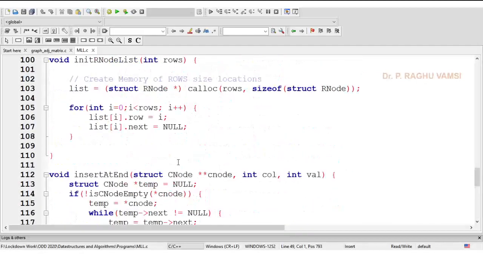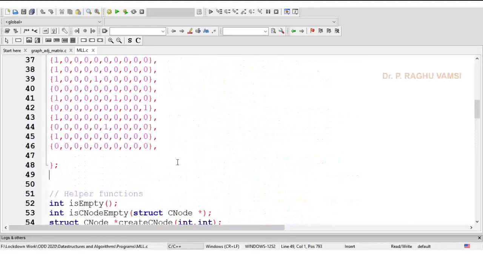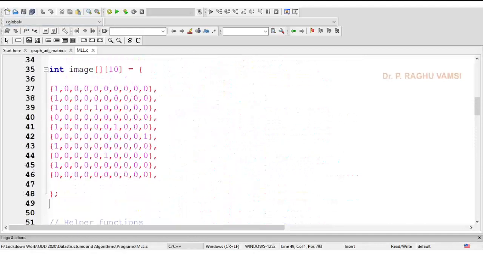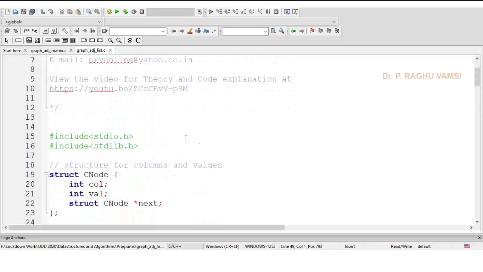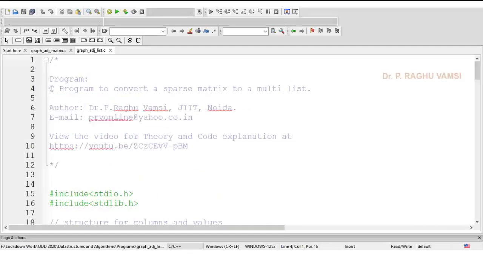So instead of copying and pasting each and everything, we'll use save as graph adj list. So we have saved it as graph adj list, right? As it is, we can consider this. Let me change the name of the program also: C program to represent adjacency list for a graph.